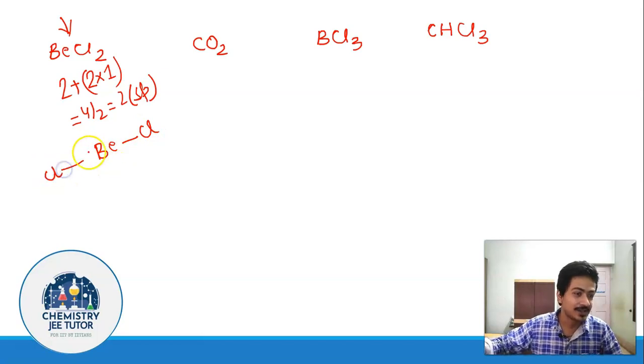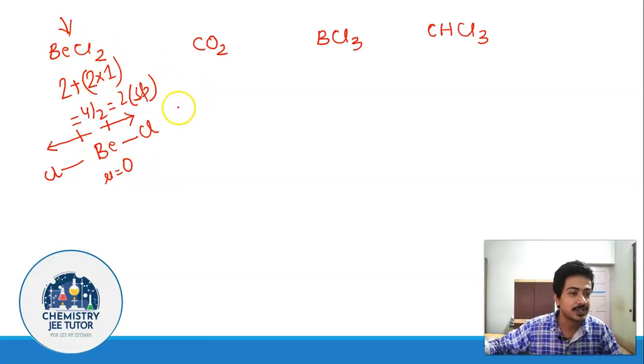In this case as well, since this is a linear and completely symmetrical structure, the moment arising out of this is going to be cancelled by the moment arising out of this. Understand, since chlorine is more electronegative as compared to beryllium, the moment is going to be in this direction only. The same is the case with the previous examples as well. The one which is more electronegative will tend to draw the electrons, and the moment will be in that direction. The dipole moment arising in this direction is going to be cancelled by this, and we are going to end up with a dipole moment of 0. So there is no permanent dipole moment in this case, and we are going to straight away reject option 3 as well.